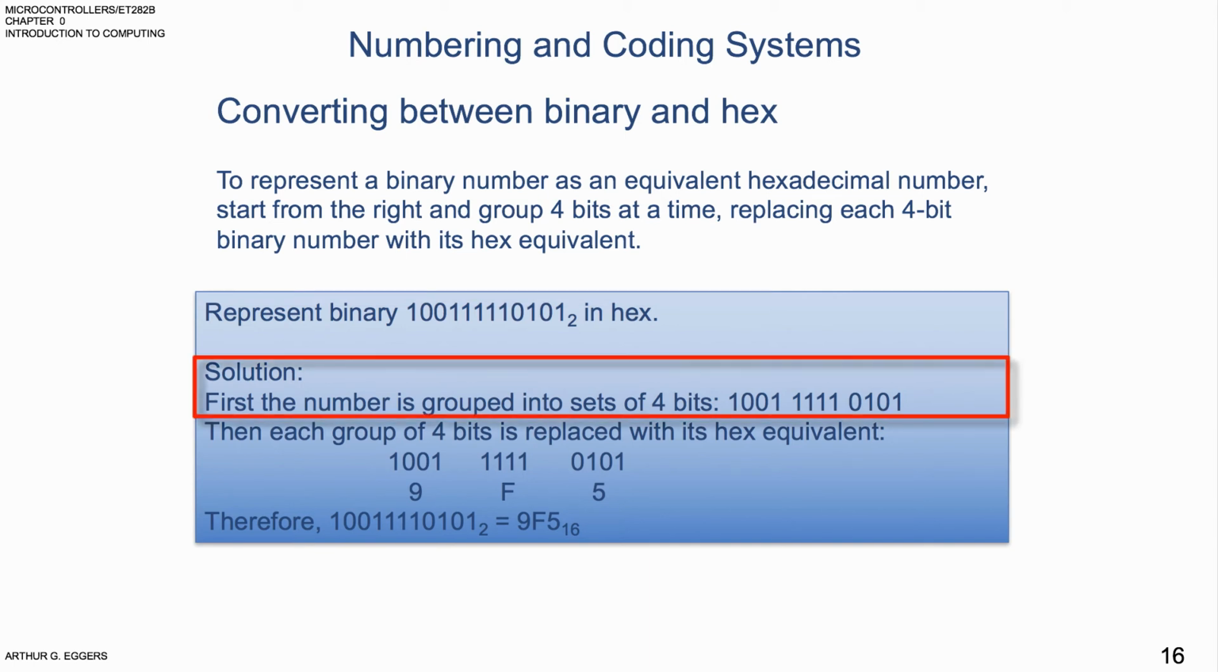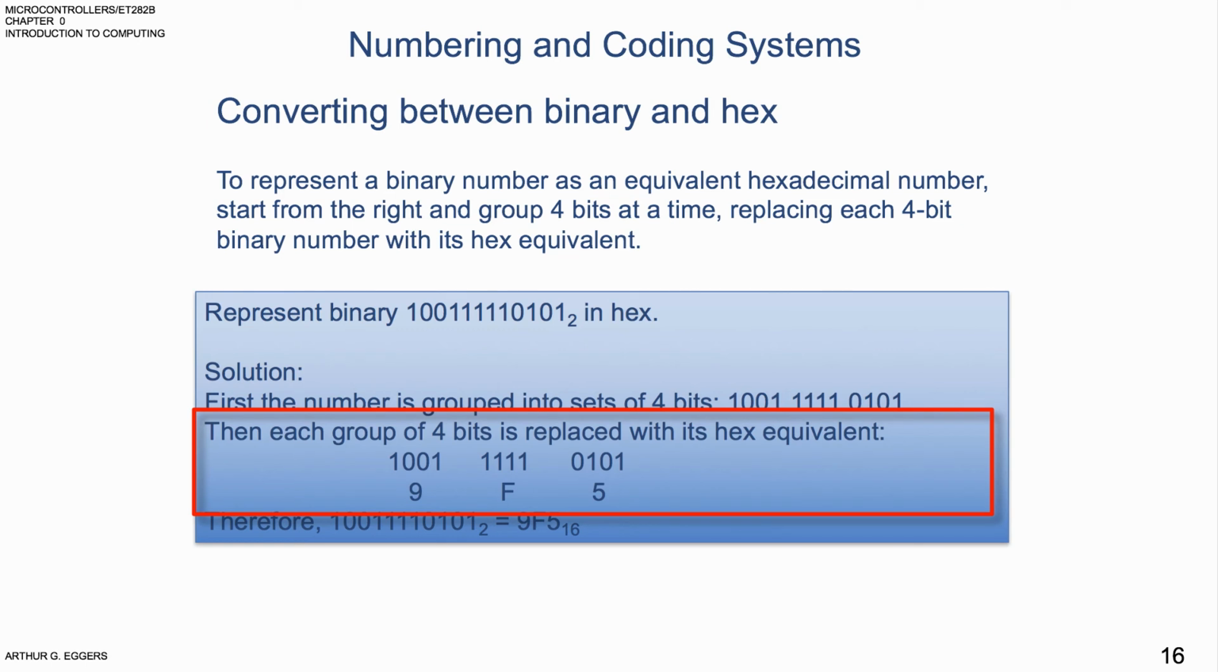So the first thing to do is the number is grouped in sets of 4. So we go 1 2 3 4, 1 2 3 4, 1 2 3 4. This one is nice because we have an even number. 1 0 0 1, 1 1 1 1, 0 1 0 1. Then each of the 4 bits is replaced